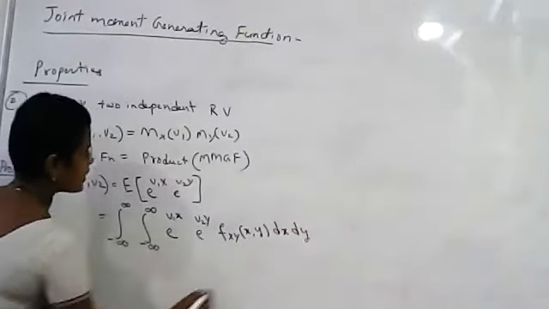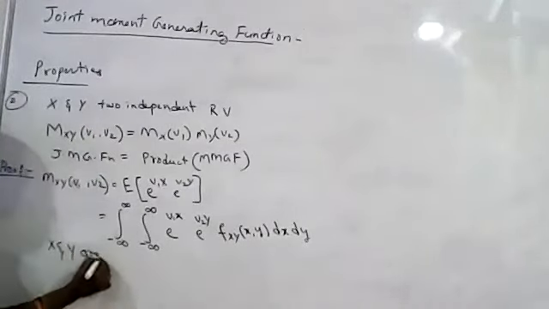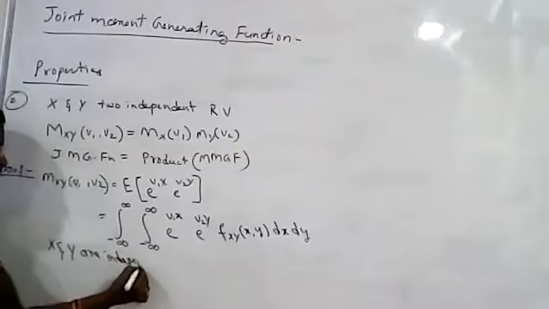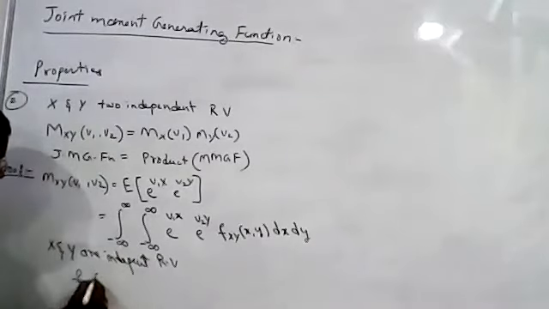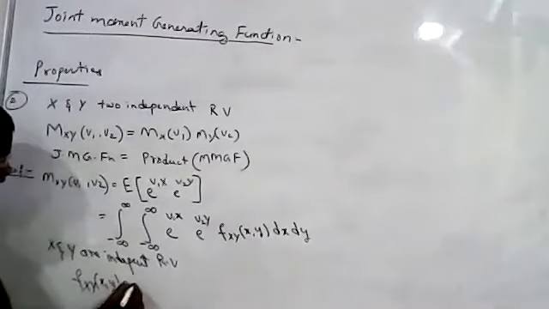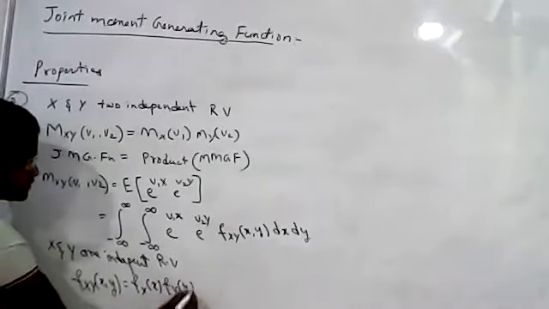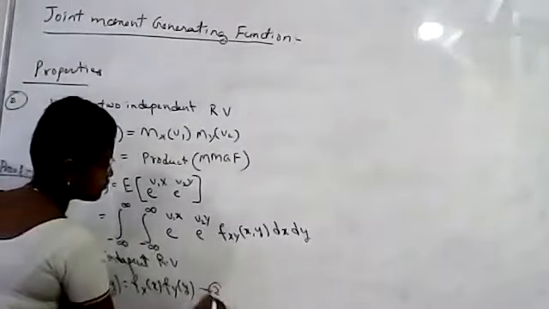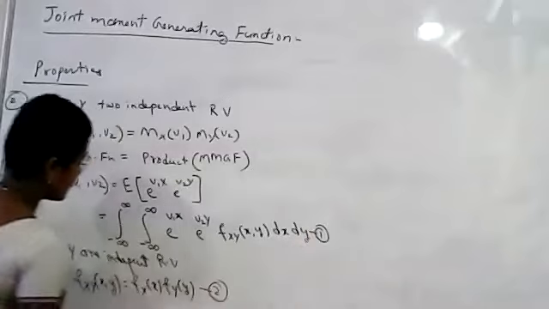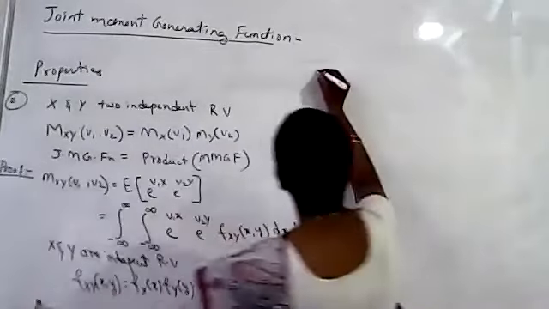Now we know that if x and y are independent random variables, then f_XY of x comma y can be written as f_X of x into f_Y of y. So we will be substituting this in this equation. Substitute equation 2 in equation 1. Then equation 1 can be written as M_XY